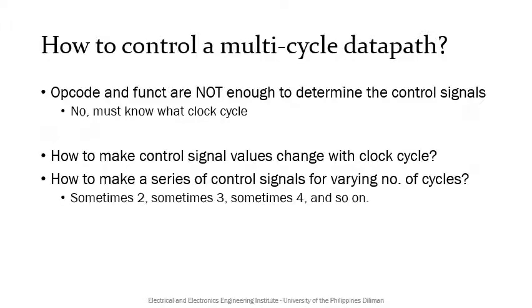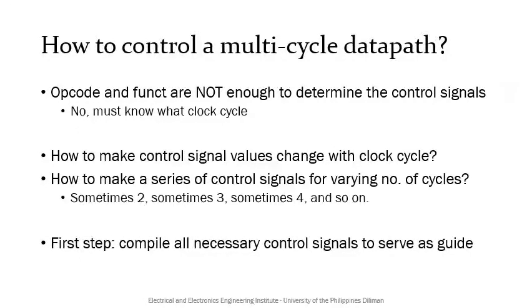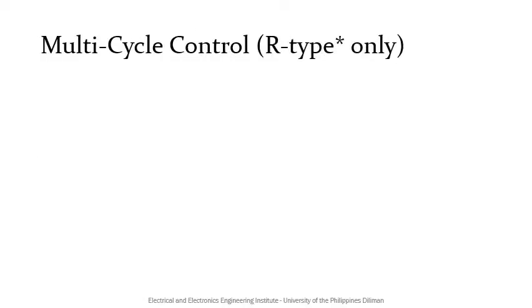Also, how do we make a series of control signals for varying number of clock cycles, sometimes 2, sometimes 3, sometimes 4 clock cycles, and so on. To help us answer this question, we first compile the necessary control signals per clock cycle to serve as our guide. Let's start with a more manageable set of instructions and consider the R-type instructions only, the add, sub,